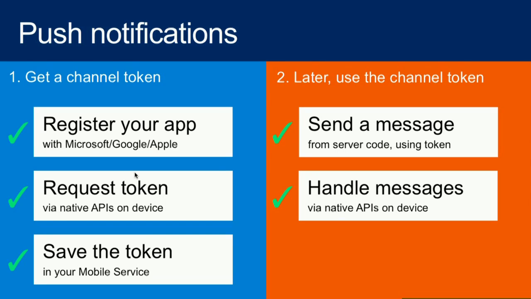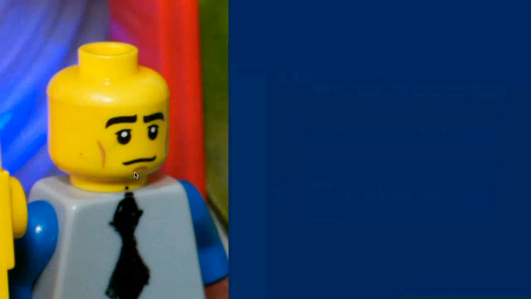With iOS, it's probably slightly easier than with Google as well. The complication with iOS is that you need to have a special certificate from Apple. And although that's fine when you've got one, I didn't really want to use it during the demo because if that went wrong, there would be no way for me to fix that demo. So it's not so bad in iOS. It's great in Windows Store, a bit difficult in Android. But hey, once you've implemented it, you're OK. Right then, let's move on to something different.